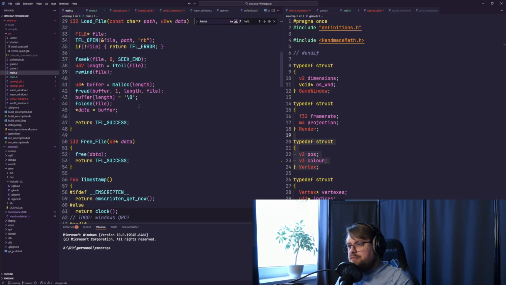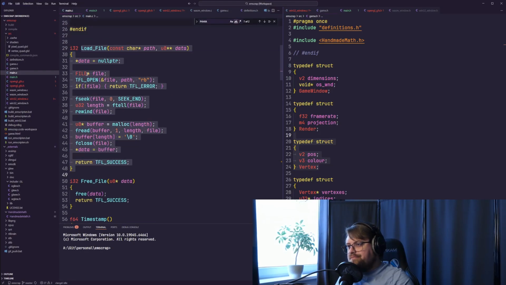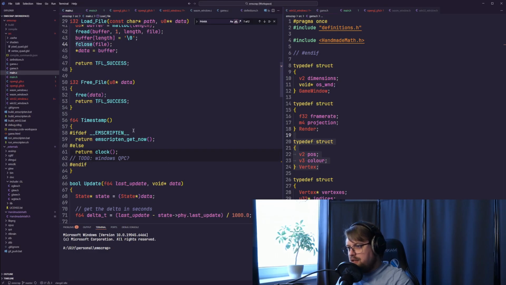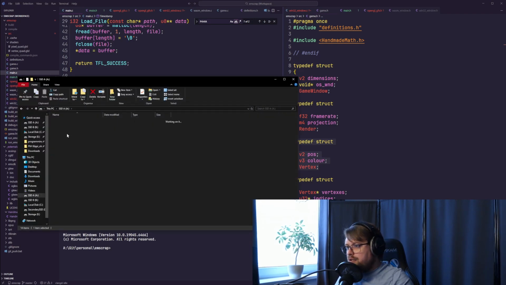And then I have a couple of standard IO functions: fread, fclose, fseek, because those are OS independent, basically. At least Emscripten is having a definition for those, or a way to get it from the web server. So if I'm opening my Git here,